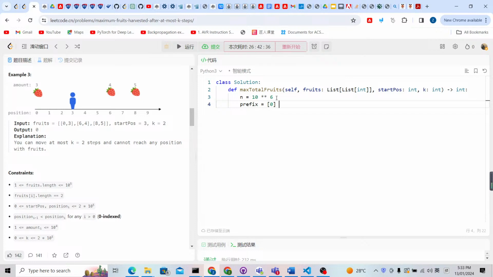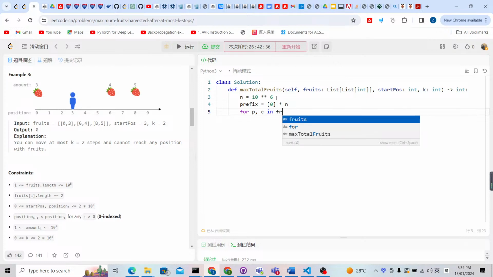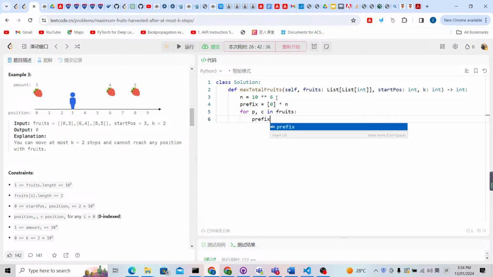Now I'm going to prepare the prefix array. It's going to be 0 times this n. Now I'm going to put the position and the number of fruits inside the prefix array. So for position and count inside the fruits, for the prefix here I'm going to use position plus 1, because for the first index of the prefix I always keep it 0, so that's going to be easy